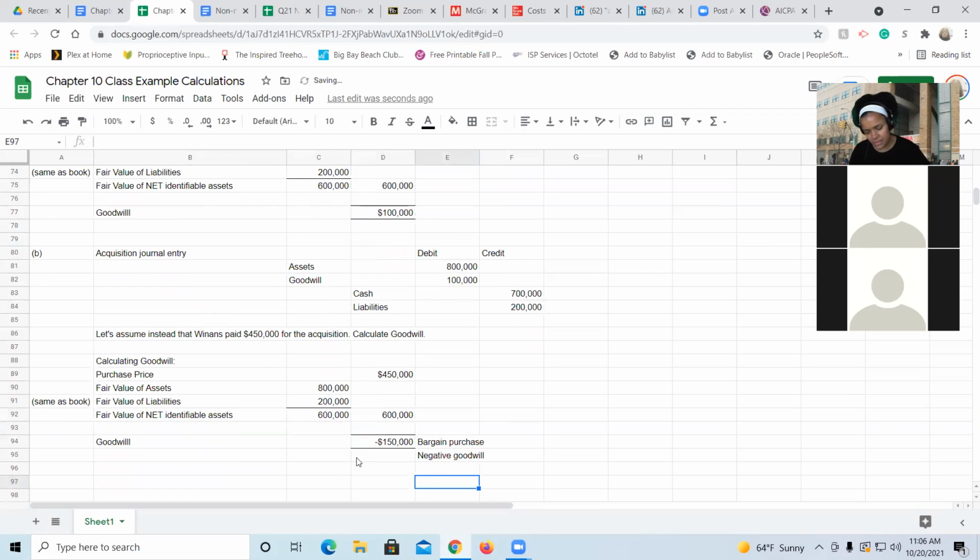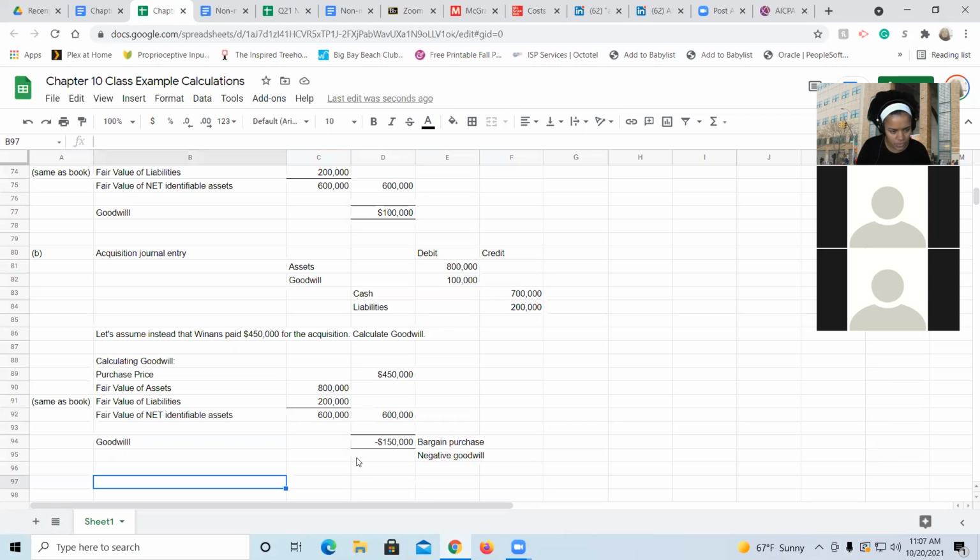It means that for whatever reason, based on something to do with the company, it could be that the company really just has to sell. If you think about COVID times, this is probably a typical thing that could be happening to people, where they just can't keep the company going. Even though their assets are highly valued and they have a high fair value of net assets, they can't get a buyer at the price they want. So they end up being forced to sell at a price that is less than what the business is worth. And so the purchaser gets a bargain purchase,